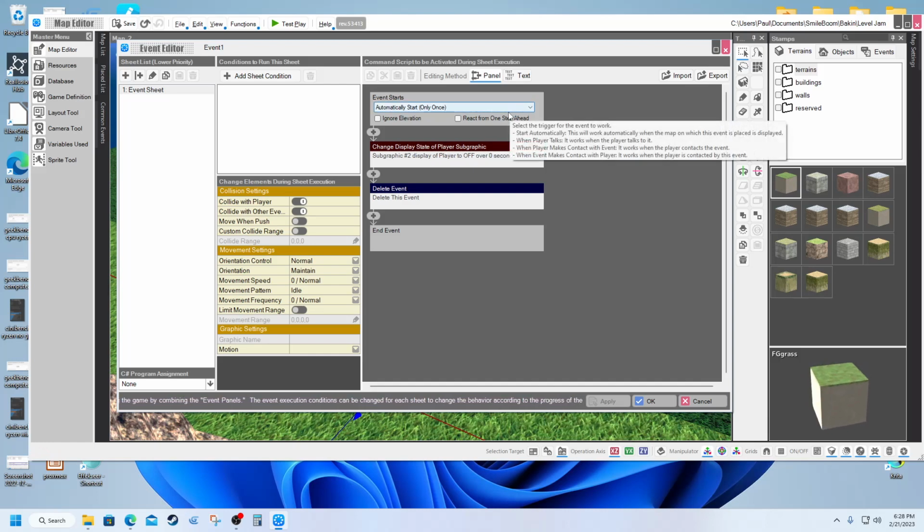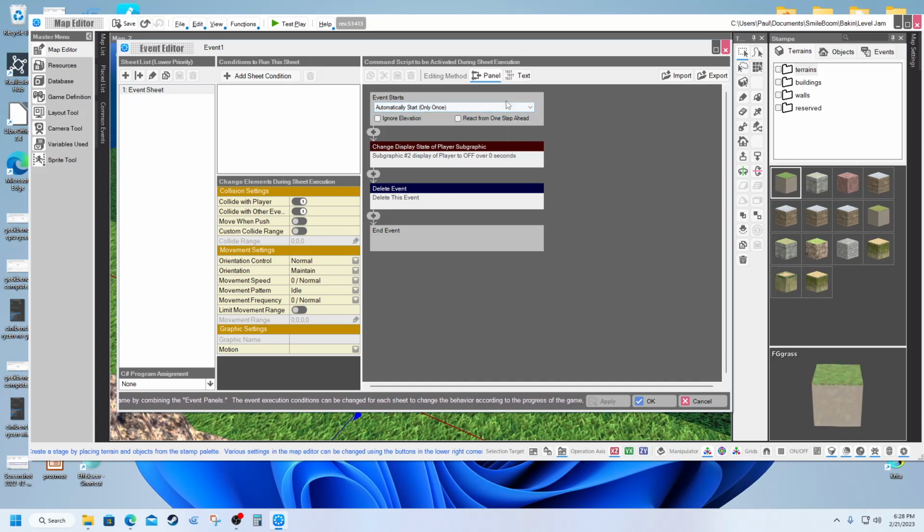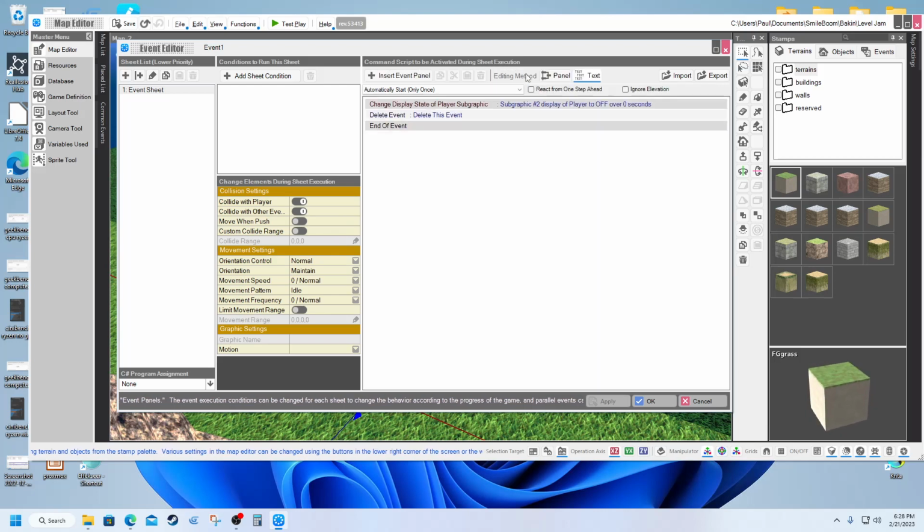It's also similar to the node view layout in Unreal Engine, or Godot's got one now too. A lot of engines have them, so you can have subroutines and they can block out and come over here and lay out more, but not important for right now. But basically, what we do here is we have a change display state of player subgraphic,